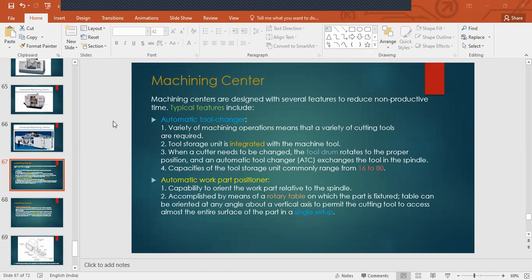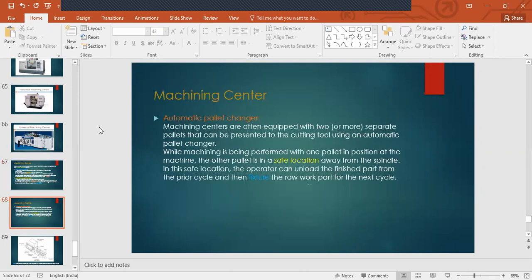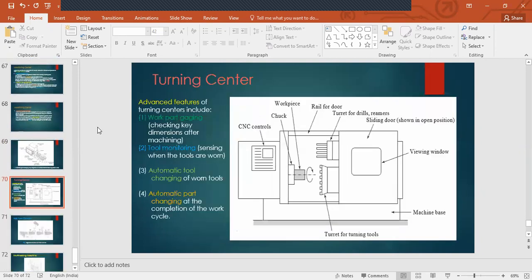Okay, so you see turning center, that's your another type. So as the name suggests, it's specifically for turning, right? In the earlier case, we saw milling, we saw that the ability of that machine is that it can do milling also, drilling, reaming, tapping, all of those. But in here, you are only specifically dedicating this machine for turning. That's why you're calling it turning center.